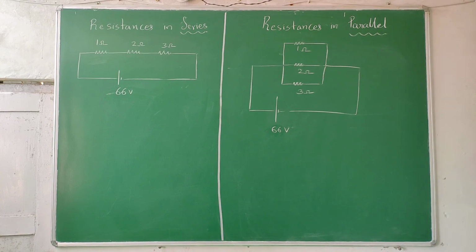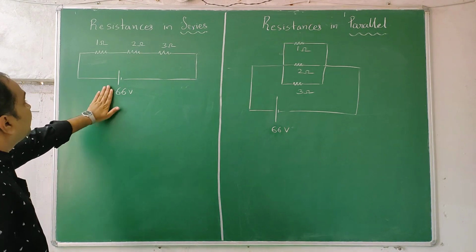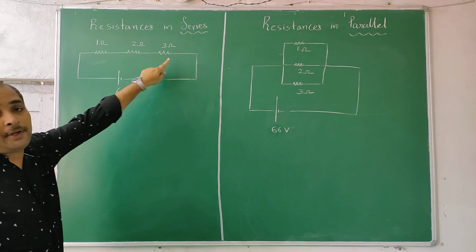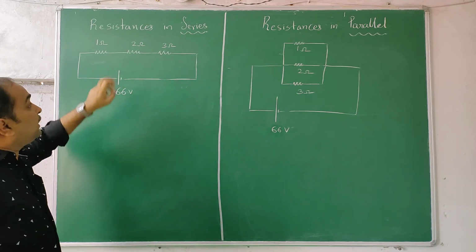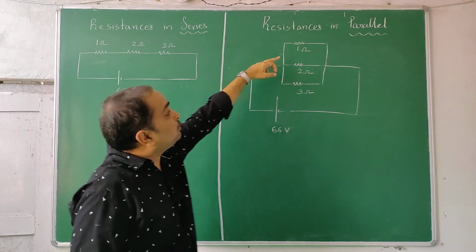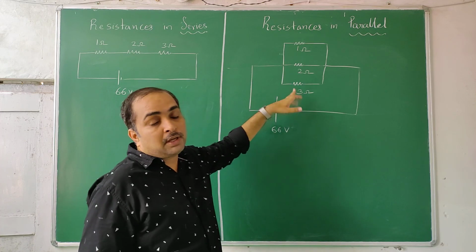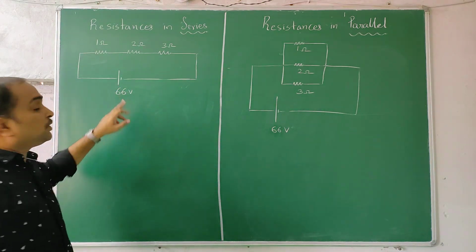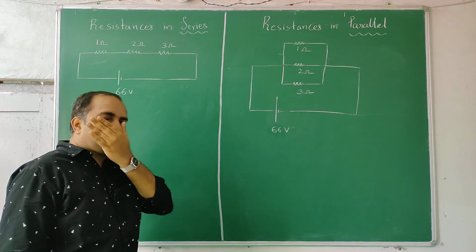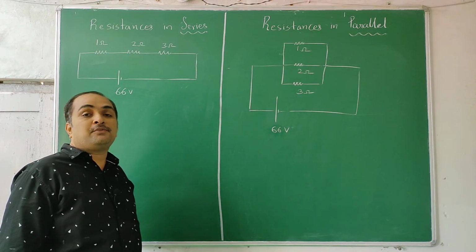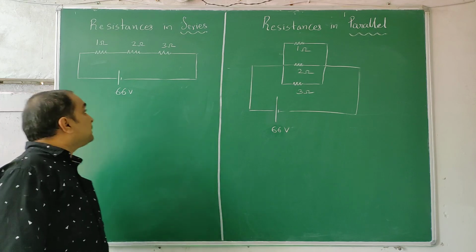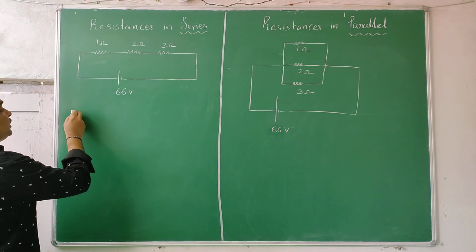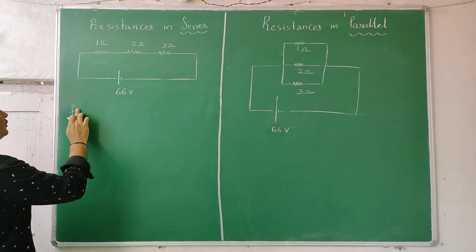Yes students, let us do a simple problem. Three resistors 1 ohm, 2 ohm, 3 ohm, which are R1, R2 and R3, are connected in series, connected to a battery of 66 volts. Now how will be the current and potential differences? Extra things we have to find out individually across each resistor. The procedure is, step 1,